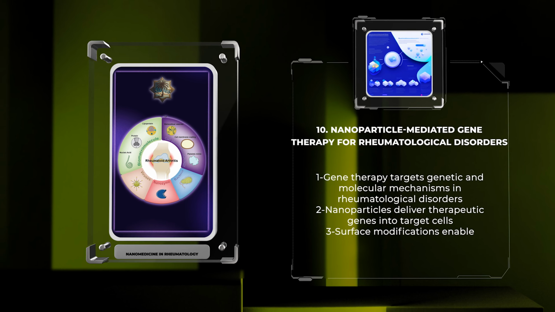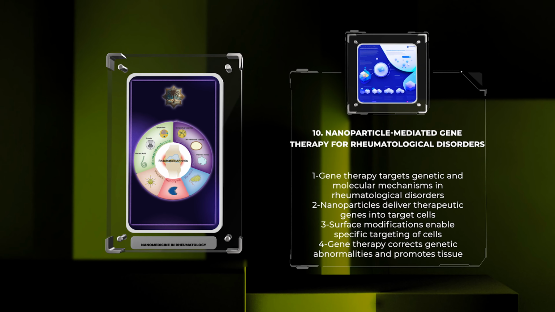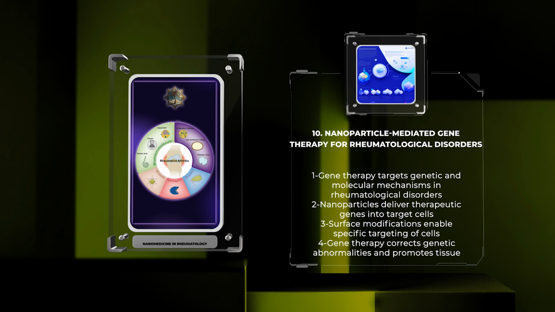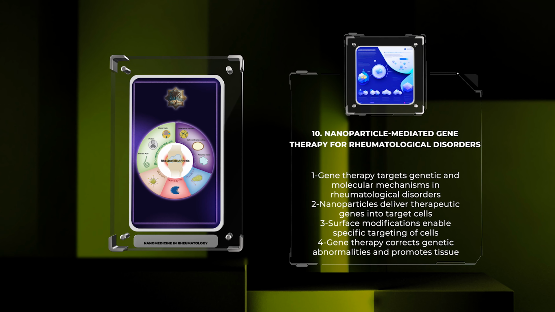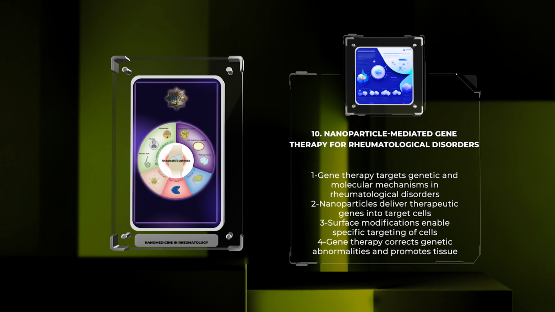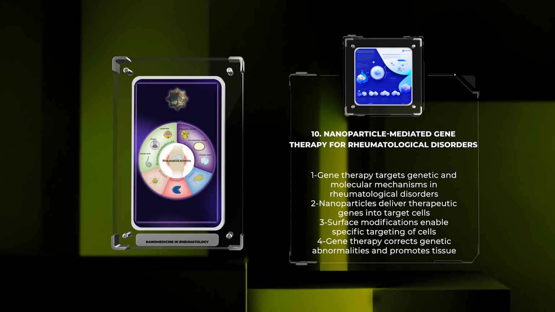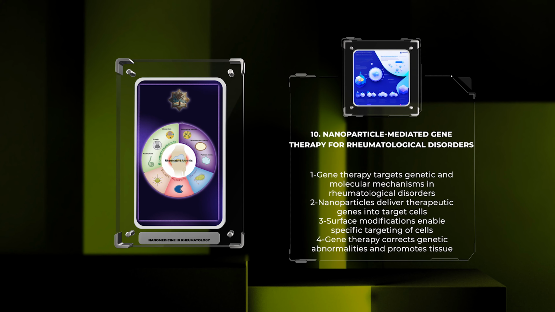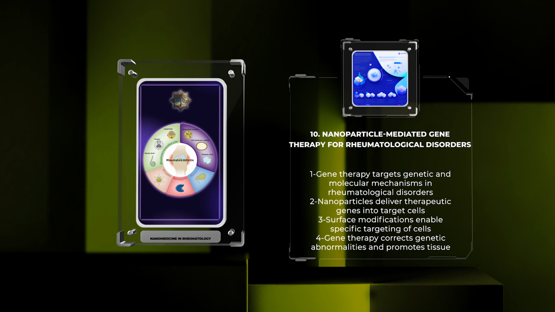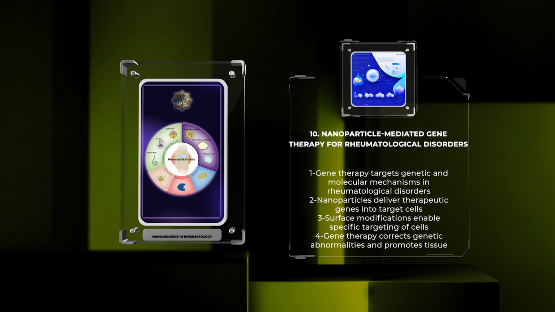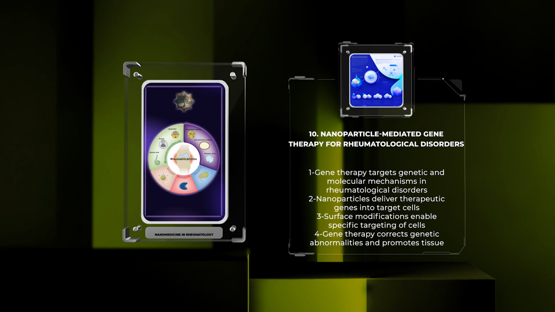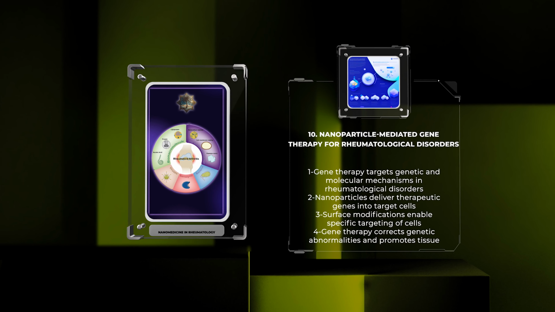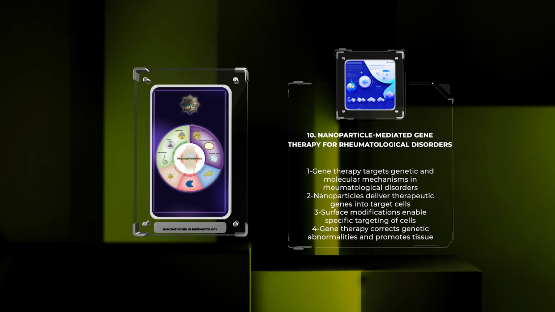in rheumatology. Gene therapy holds great promise in the treatment of rheumatological disorders by targeting the underlying genetic and molecular mechanisms. Nanoparticle-mediated gene delivery systems offer precise and effective strategies to deliver therapeutic genes into target cells. Nanoparticles can protect therapeutic genes from enzymatic degradation and facilitate their transport across cell membranes. Surface modifications of nanoparticles can enable specific targeting of cells involved in rheumatic disorders, enhancing the therapeutic payload's uptake and reducing off-target effects. Nanoparticle-mediated gene therapy has the potential to correct genetic abnormalities, modulate immune responses, and promote tissue repair